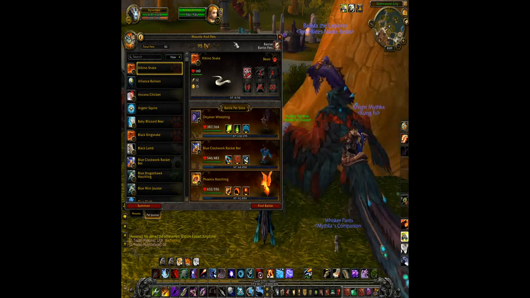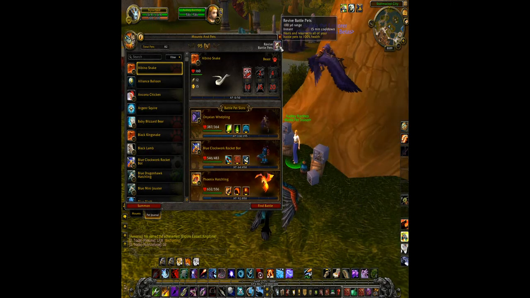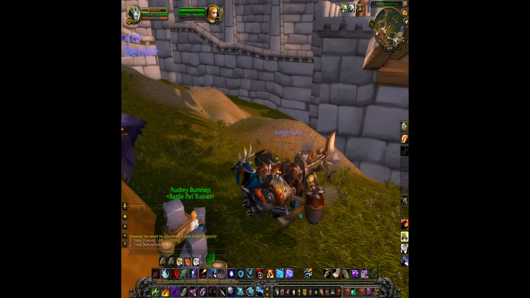The most important button that you are going to need is this, Revive Battle Pets. This button right here, you can heal and resurrect all of your pets, 100% HP, has a 15-minute cooldown. So you can do this out in the field, what I'm going to show you now, and there's a quest